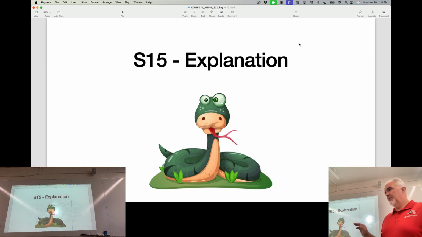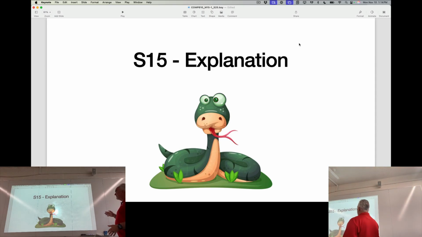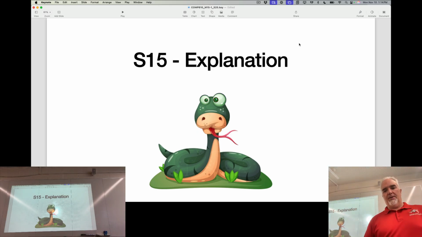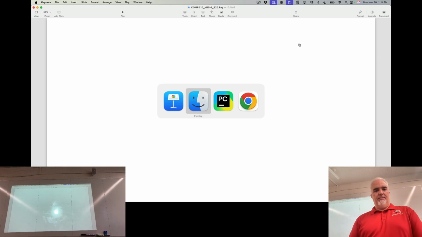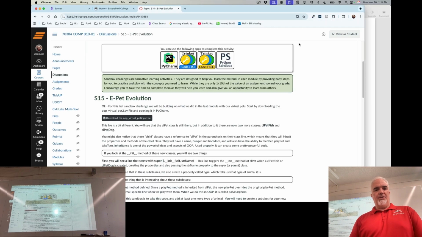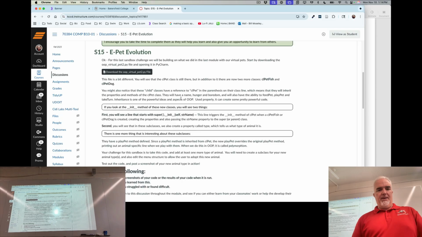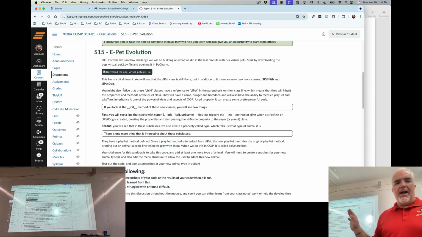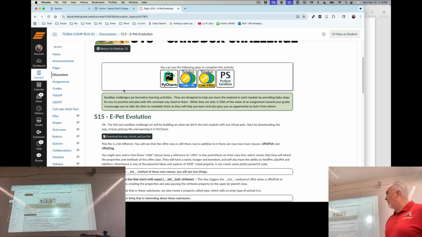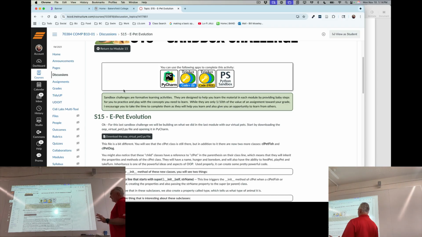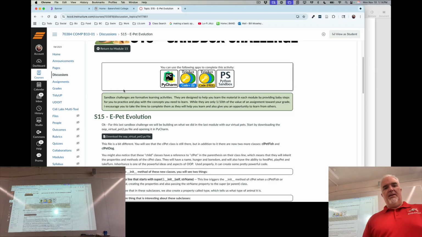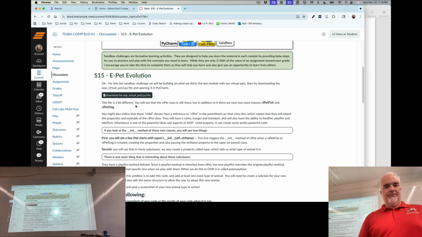I want to use S15 to talk about how that looks in implementation. Okay, so we're going to look at S15. I'm going to show you a few things, and then I'm going to give you some time to work on that. And so S15 is an evolved EPET program, because let's face it, just adopting one kind of pet was boring. So we're going to evolve this